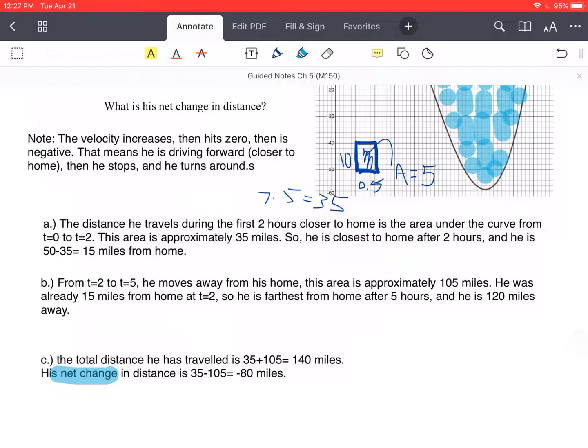Okay, so when we're looking at integrals in terms of distance and interpreting them like that, the integral gives us net change, and the total distance traveled is basically the absolute value, taking all the negatives and making them positive. Okay. So when we come back in section 5.5, we're going to be looking at more application of the definite